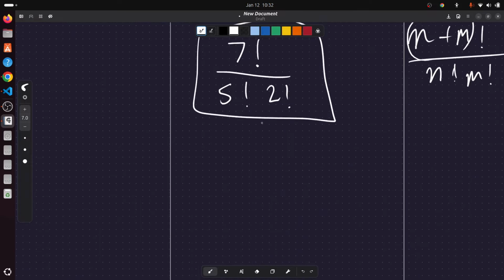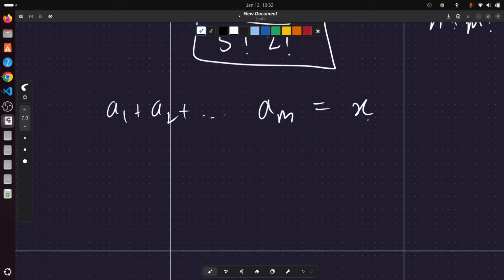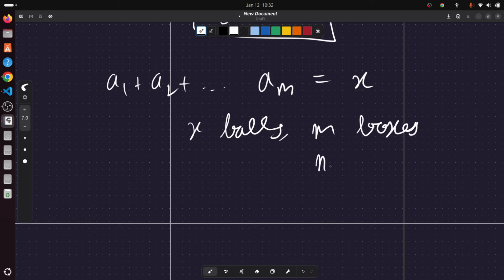So in general, if I have a1 plus a2 plus up till am, and I want it to be equal to x, right? Then basically I have x balls and m boxes, right? So I have x balls and m minus 1 separators,